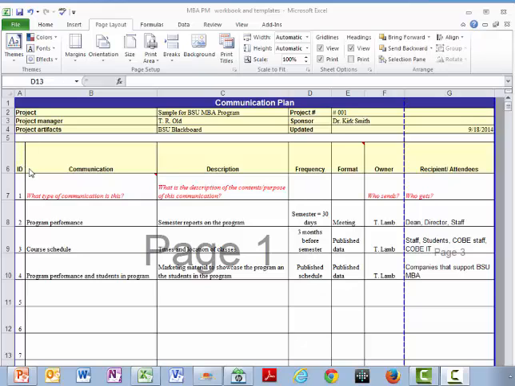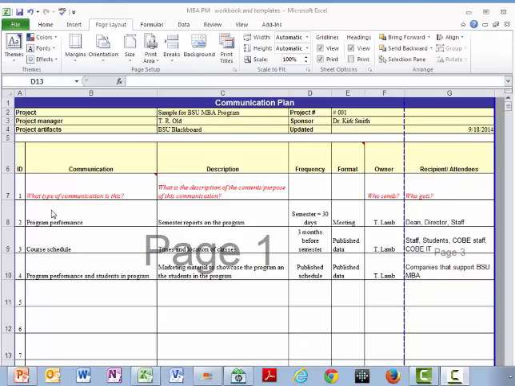Well, here we are in our communication plan in our workbook, and I'm leaving the part in red, which is in the workbook, to help you, kind of a framework for you as a template. Basically they're saying what type of information, what is the description, who sends and who gets. So let's look down,